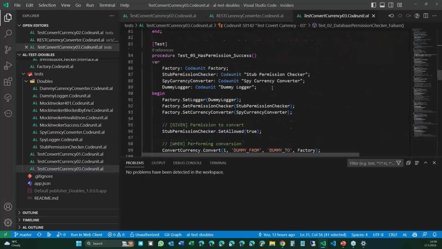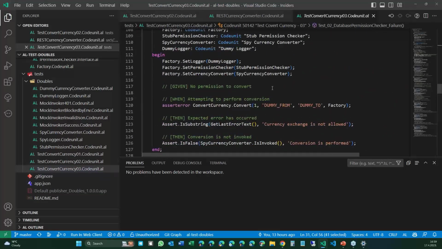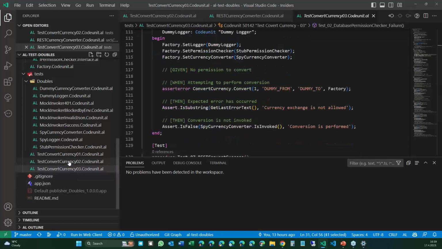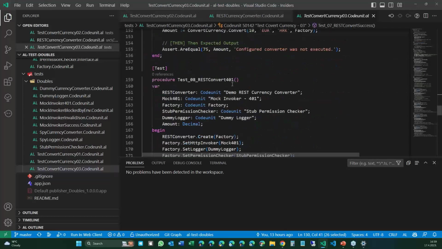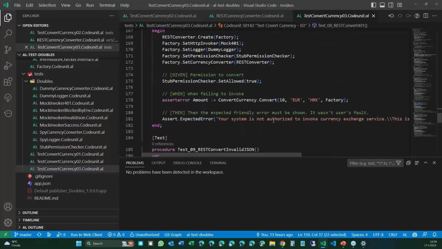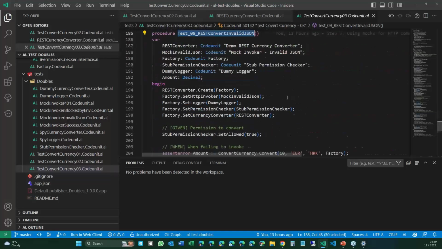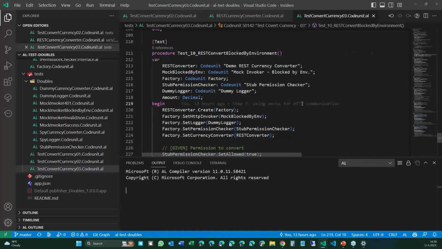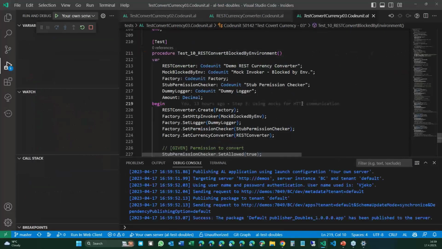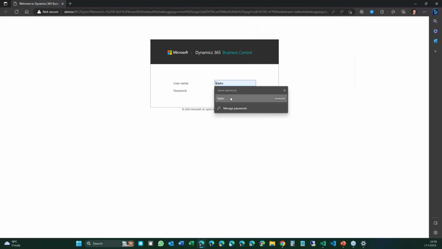Essentially, my first 6 tests are the same tests from 0, just for performance comparison. And then I have more tests. I'm testing for success. I'm testing for 401. I'm testing for invalid JSON, and I'm testing for blocked by environment. And now let me run these tests. I'm going to run all that, and we will be able to compare the actual performance of all of these